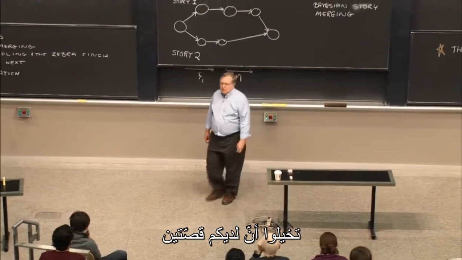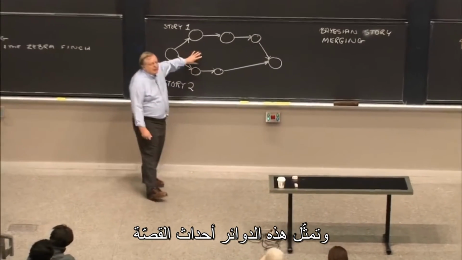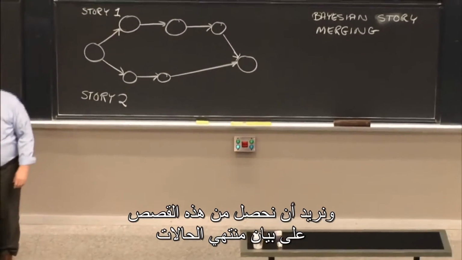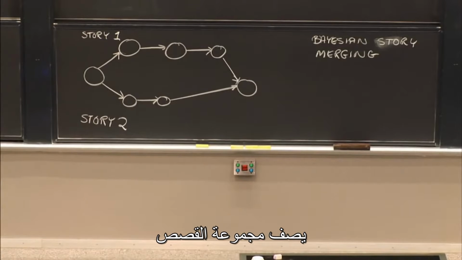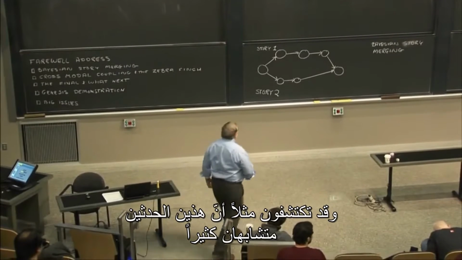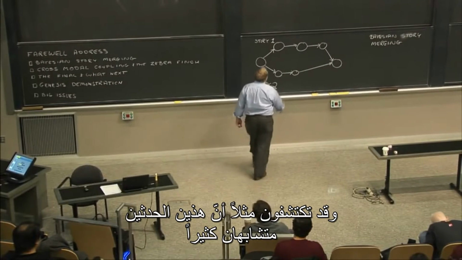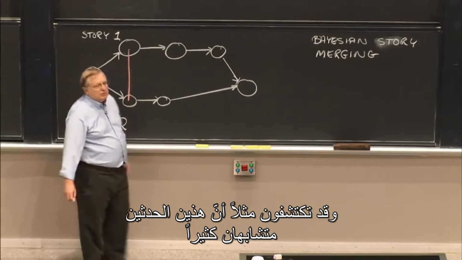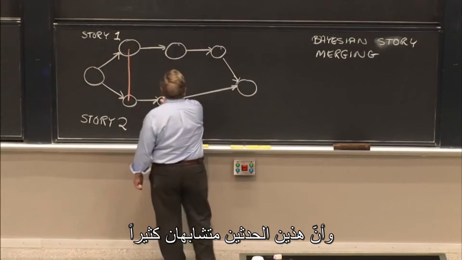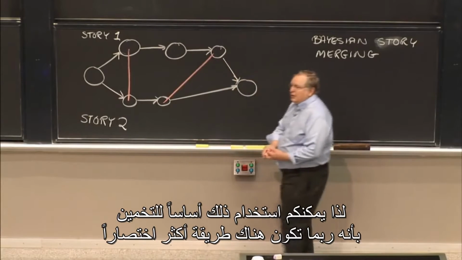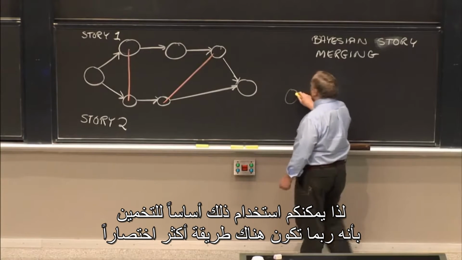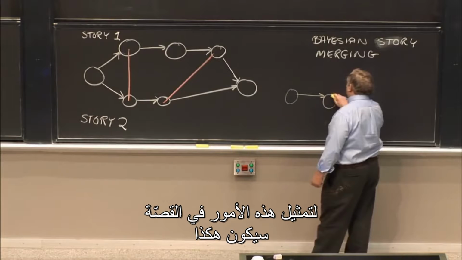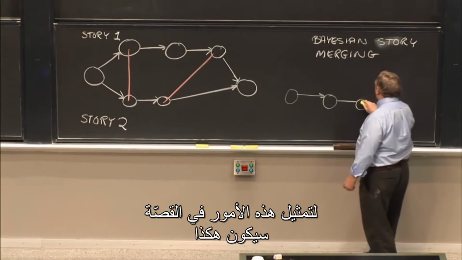Imagine you've got a couple of stories, and these circles represent the events in the story. And now what you'd like to get out of these stories is some kind of finite state graph that describes the collection of stories. So you might discover, for example, that these two events are quite similar. And these two events are quite similar. So you might use that as a basis for speculating that maybe a more compact way of representing the stuff in the story would look like this,